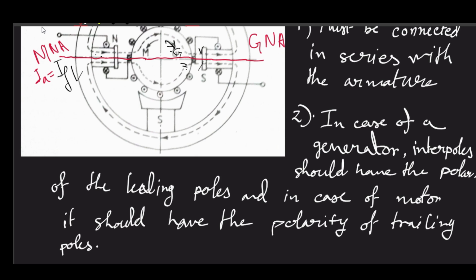Right. What is the third point? That as your interpole is supposed to produce a variable magnetic field or variable MMF,